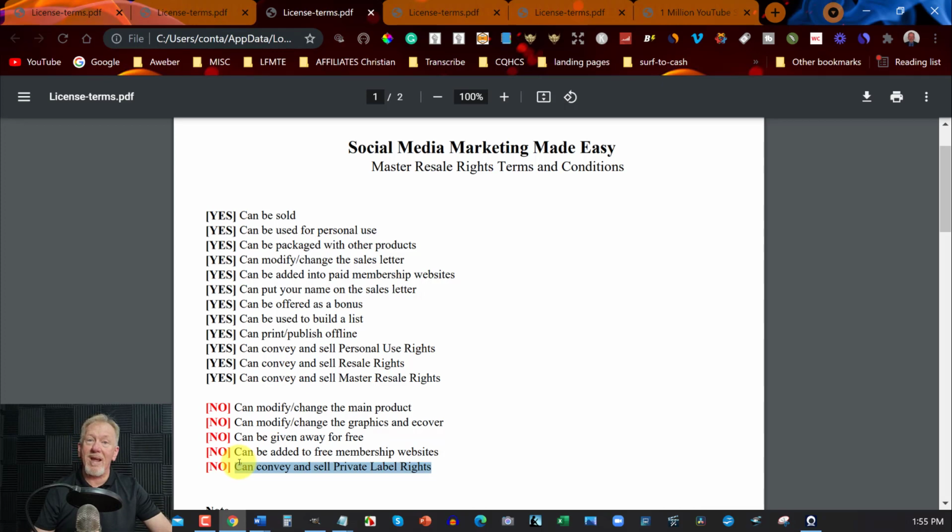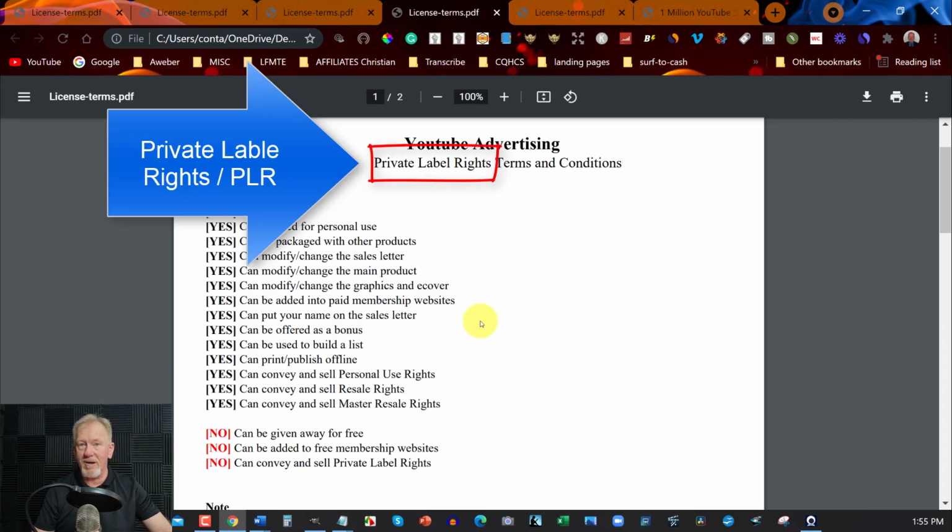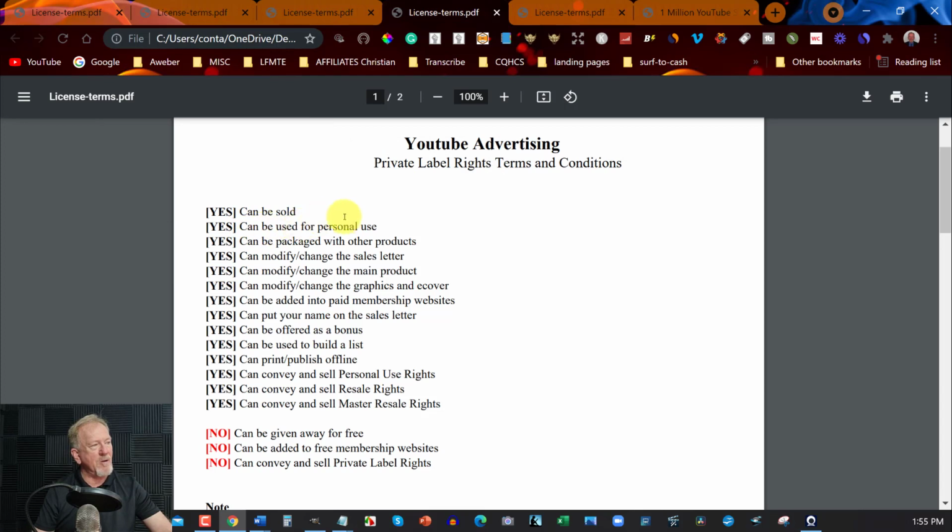Now let's go and have a look at the next one. Now this is the one that you'll probably want to deal with the most. It's called private label rights. Now with private label rights, can be sold, can be used for personal use rights, can be packaged with other products, can modify and change the sales letter, and here's the one you really want to look at, can modify and change the main product, can modify and change the graphics, and can be added to paid membership sites,